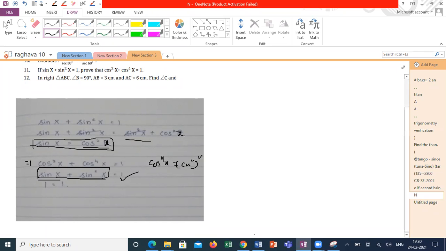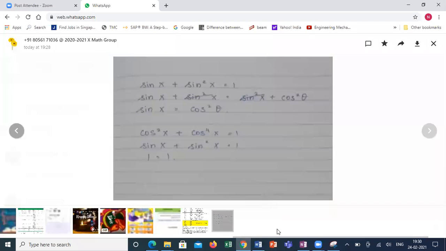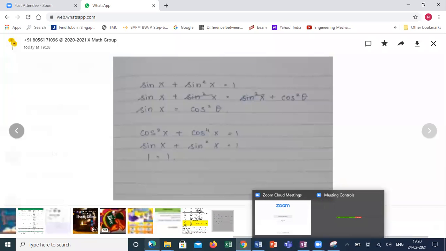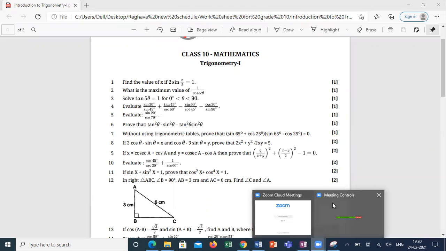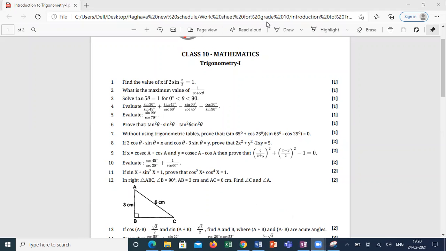Is it clear, guys? My humble request: go through the worksheet. If anybody doesn't have the worksheets, please post in the group. The sir or ma'am, anyone will share the worksheet with you. And next class, practice and come back. We'll sit on trigonometry and applications of trigonometry. If required, Sunday also, or whenever you are free, we'll sit one more class on trigonometry. Okay, shall I wind up the class? Please practice and come. It will be easy to discuss the doubts and more questions.